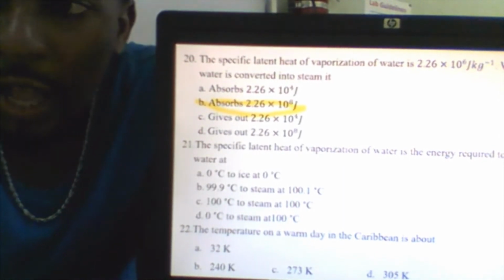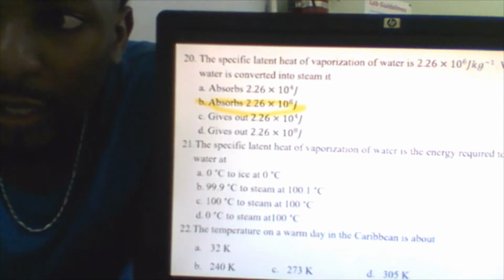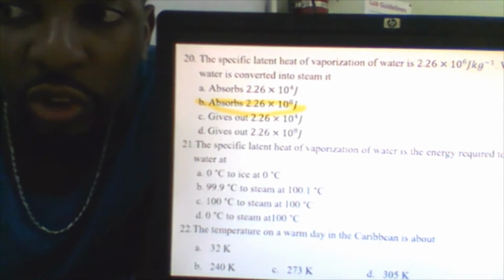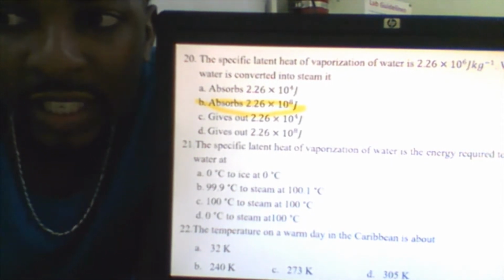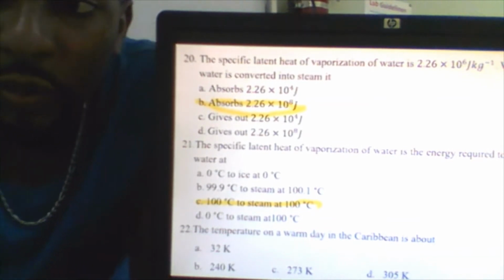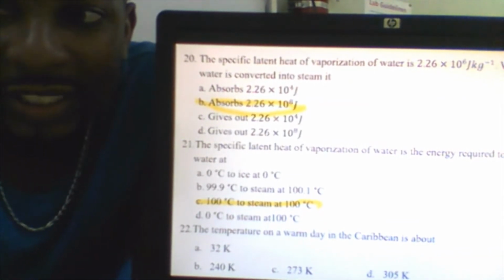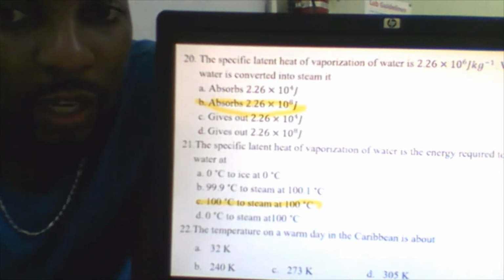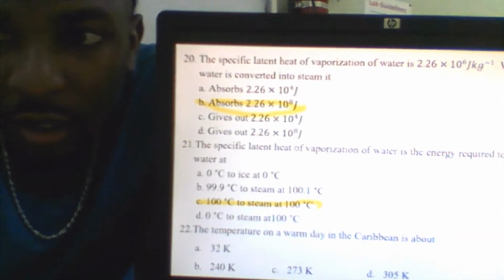So in this case, changing water to steam, the water only changes state at a fixed temperature, which is known as the upper fixed temperature of 100 degrees Celsius. So the answer in this case is C, right? 100 degrees to steam at 100 degrees. So water at 100 degrees is going to change to steam at 100 degrees. Number 22